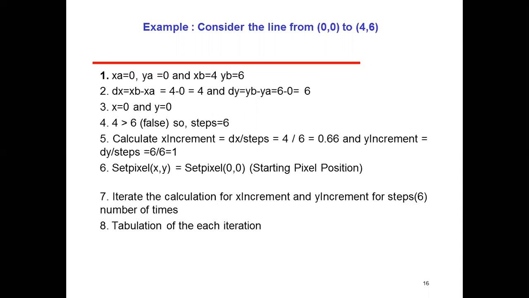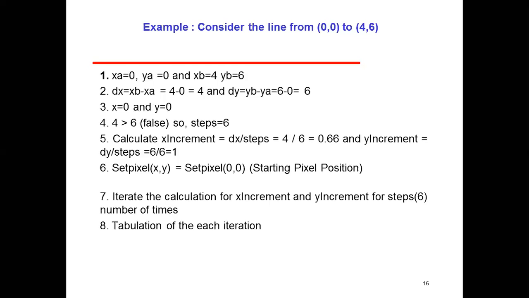Now again, this is the algorithm for the method. Here you can see how we will get the different points. So you can calculate. Just here consider the value of xa and ya as 0, 0. Here is the initial point, it is a numerical example. So solve the example. Here the value of xa is equal to 0, ya is in the suffix. Okay. So don't confuse. xb, the final point, is equal to b, and yb is equal to 6. Now you have to calculate the value of dx and then dy and assign the value to x and y. Initial here is 0.